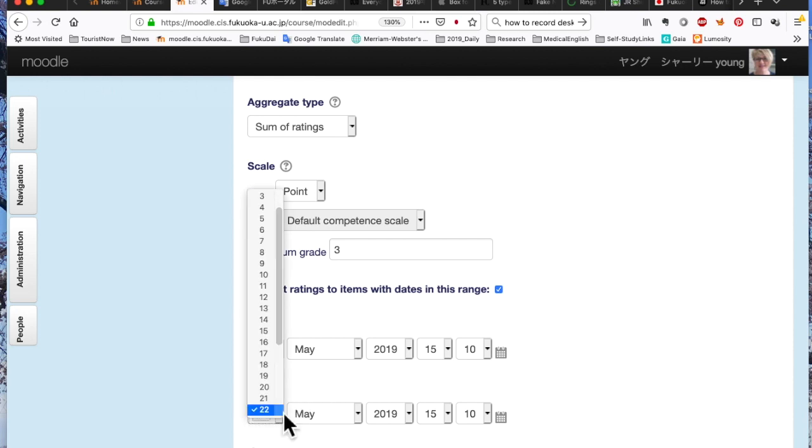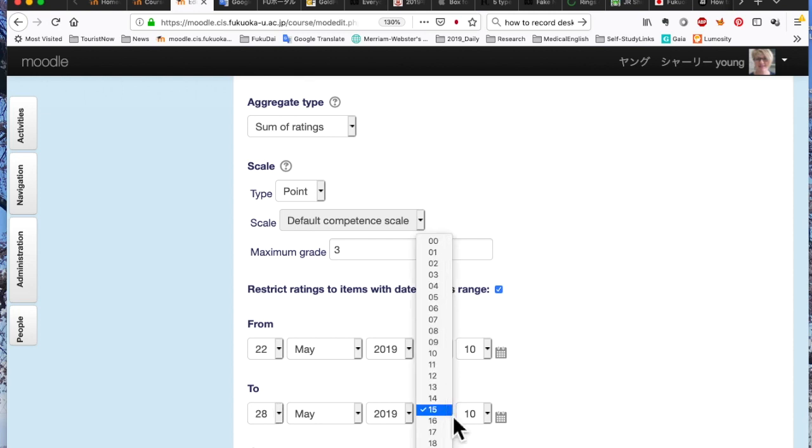I'm going to go to the 28th of May here, and you set it at 11:30 p.m., which is 2330. Okay, then I'm going to go down to the save and display block